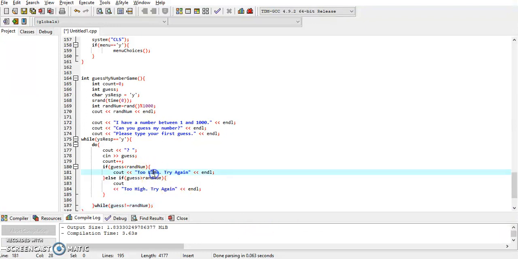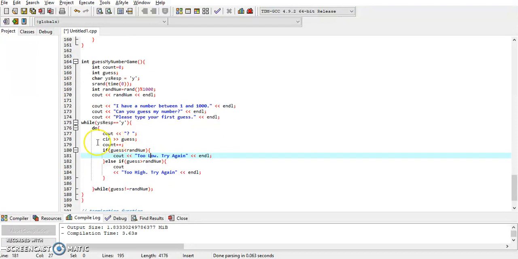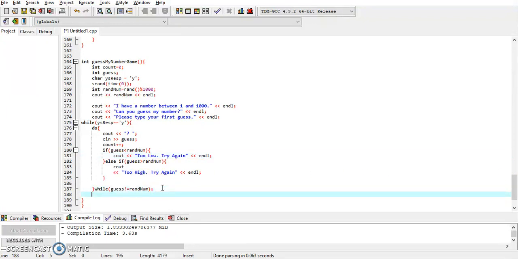So while it's not equal, because this is a do while loop, this will run at least one time, and this is the condition that will take care of it. So now what we actually need is an if statement, to say now if